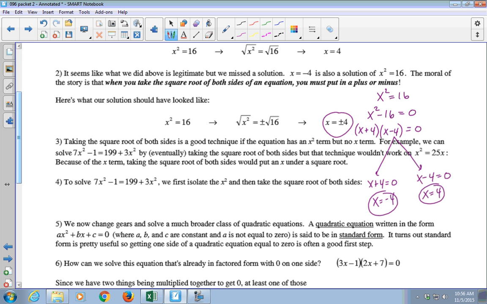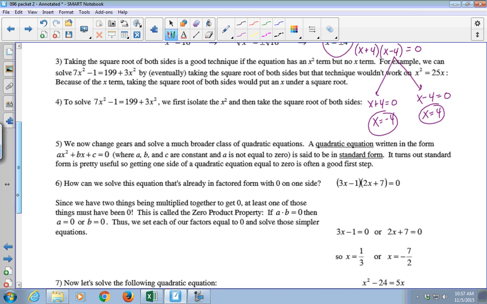So when should you use each of these two techniques, right? Taking the square root of both sides is a good technique if the equation has an x squared term but no plain x term, right? So it's just got x squareds and numbers. So for example, 7x squared minus 1 equals 199 plus 3x squared. It just has x squared terms and regular number terms, no x terms. So that will work because I can get the x squared by itself and eventually square root both sides. Okay. So if I was going to do that,